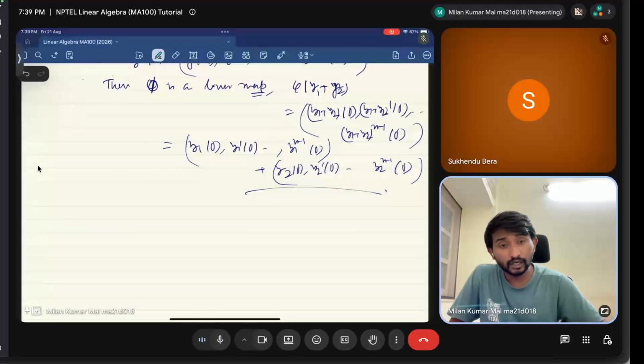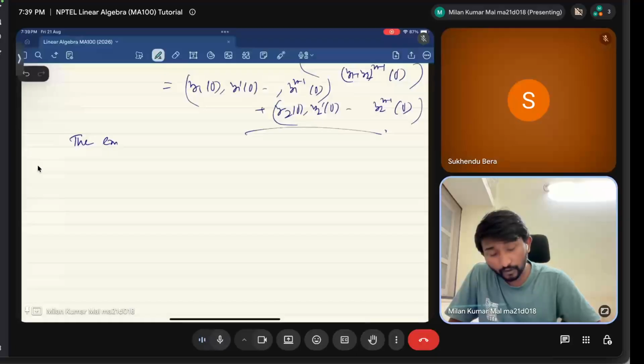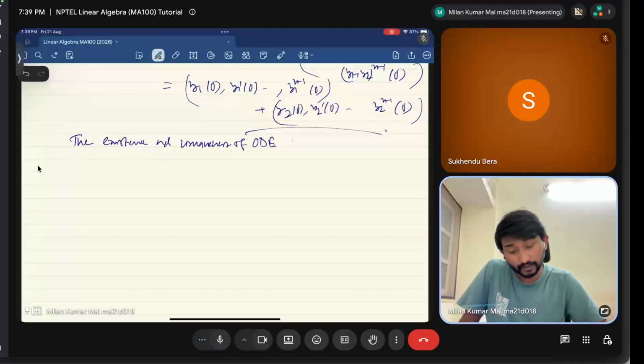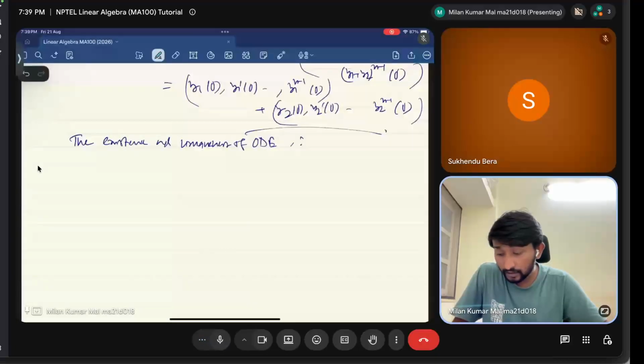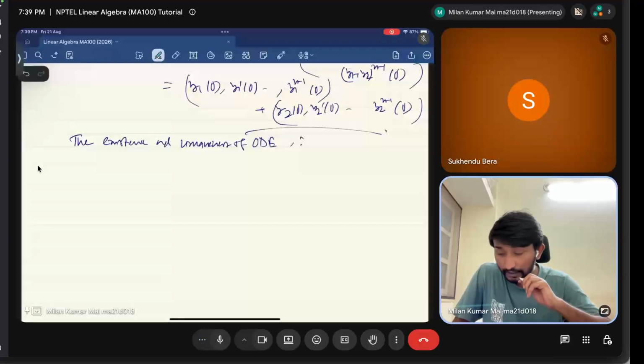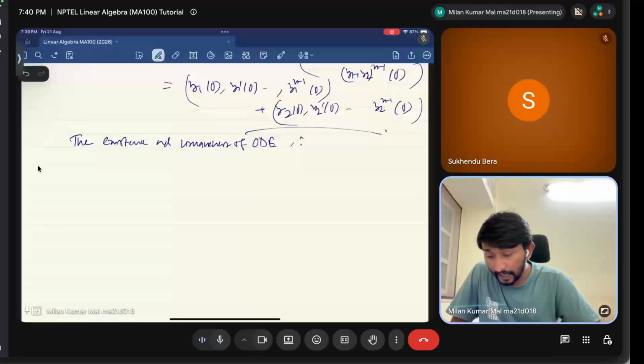Now, due to the existence and uniqueness of ordinary differential equations, what it says is that there exist... Here I am looking for each, that for every c belonging to C^n, there exists